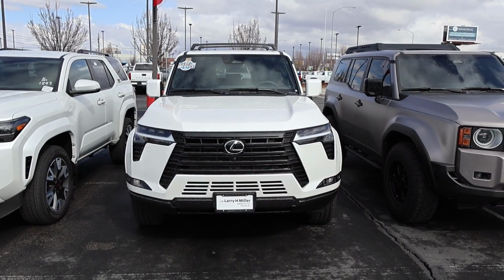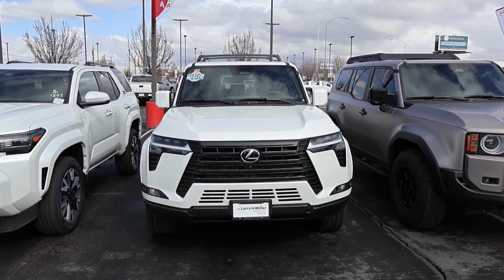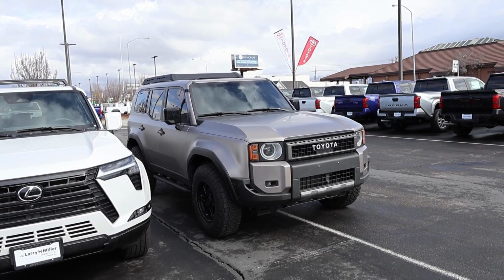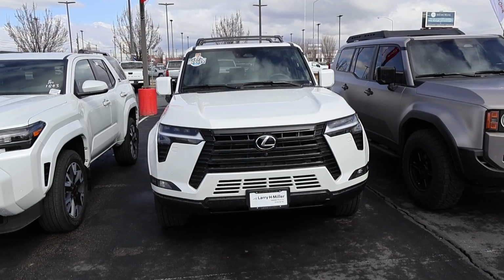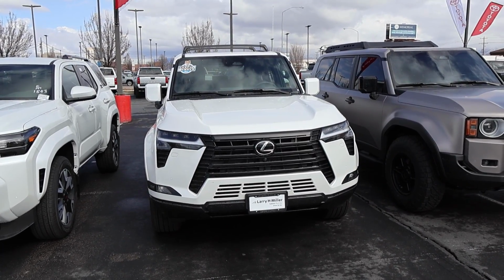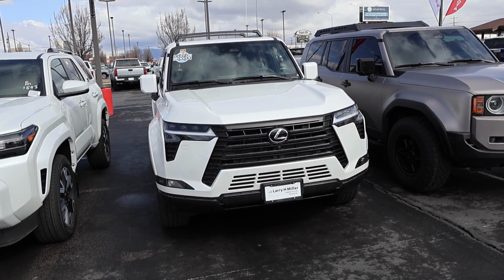Now, when it comes to the Lexus GX, if I were to be able to make the comparison perfect, I'd pick a regular Overtrail. Now, the Overtrail Plus has pretty much all the same features as a Land Cruiser with the premium package. A regular Overtrail has fewer features, but price-wise, it's closer. So that one is going to be basically low to mid 70s, depending on how many packages you add to it. So let's just say $73,000